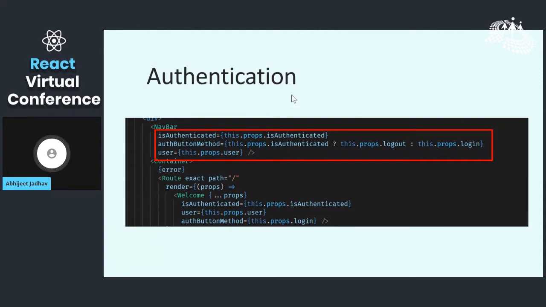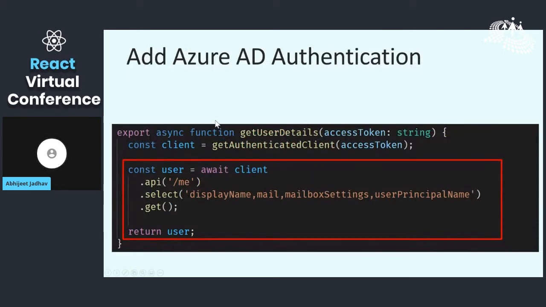If the user is not authenticated, we will check the properties here. I'm giving you an example of a single page application which I had built earlier, from the sample tutorial for Microsoft. These were the steps which I had to take when I was trying to build this application. First, I need to check whether the user is authenticated. If the user is not authenticated, we would like to authenticate that user first. We use that here in the navigation bar, checking whether the user is authenticated.